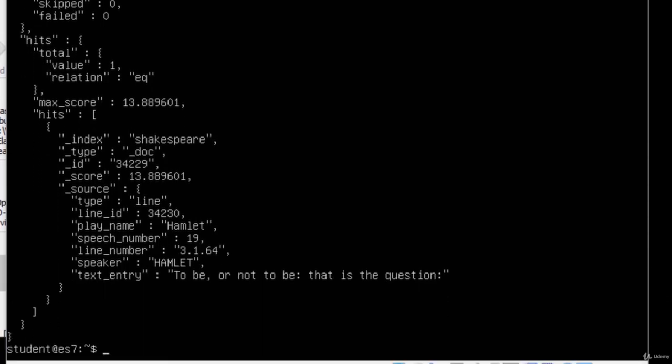It worked. So cool. You can see here that "to be or not to be" came back from the play name Hamlet. The speaker was Hamlet, and the full line there was "To be or not to be, that is the question." And apparently Elasticsearch has chosen to be during this lecture. We have actually successfully set it up from scratch on your own little Ubuntu system. And now that we have Elasticsearch running, we can start to learn more about how it works and start experimenting with it and doing more and more stuff with it. So keep on going, guys. It's about to get interesting.